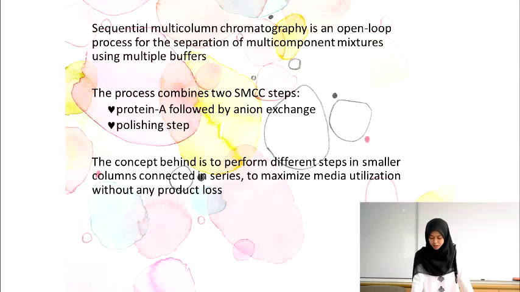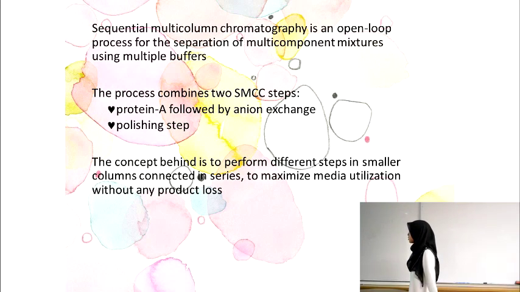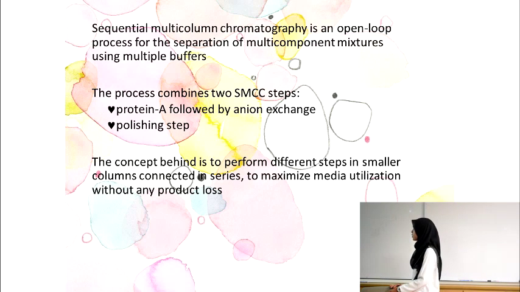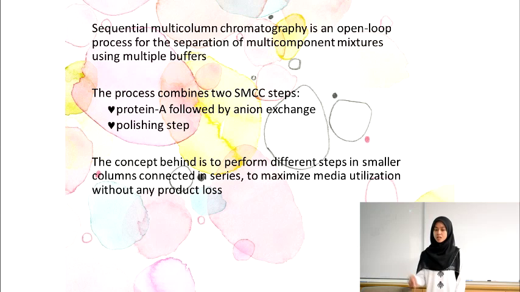Okay, for the introduction, the SMCC, also called Sequential Multicolumn Chromatography, is an open loop process for the separation of multi-component mixture using multiple buffers. The process combines two steps, SMCC, in this antibody procedure. The first one is protein A followed by anion exchange, and then the second one followed by polishing steps. The concept behind is to perform different steps in smaller columns connected in series and to maximize media utilization without